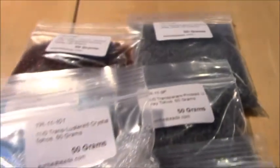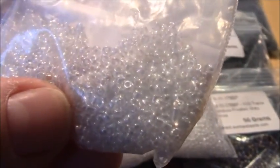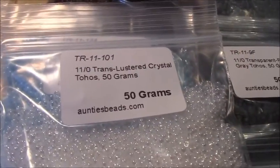Let me see if my other ones are sitting out here. Here's the ones I've been using. I don't know if you can tell, probably not on camera, but they're not as pretty. They're not as symmetrical. They're not bad, but this was like a huge bag I bought on eBay for a few bucks. This I paid, let me tell you, this is translustered crystal for that one,